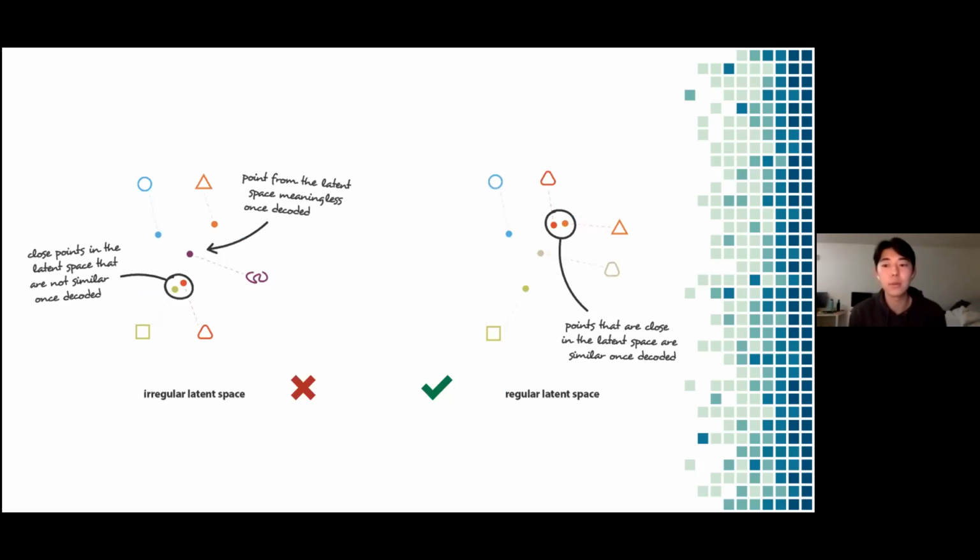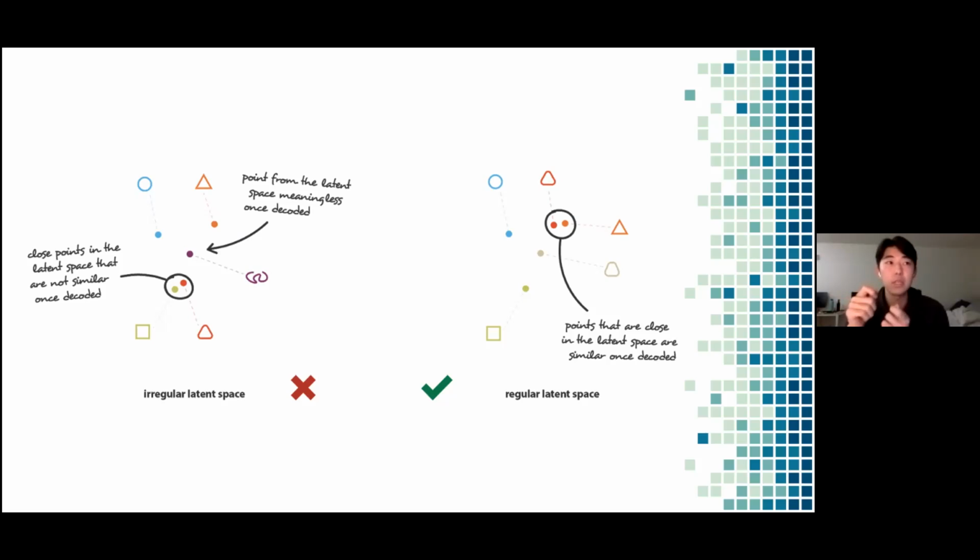Like Paymon alluded to, there are different criteria that make a latent space beneficial for us. Specifically and more formally, what makes a regular latent space are two criteria. The first is continuity, and the second is completeness. Continuity is the concept that two latent vectors picked close to each other should exhibit some sort of continuity, meaning that they should be similar to each other. If they're close to each other in a geometric sense in this latent representation space, they should have some sort of